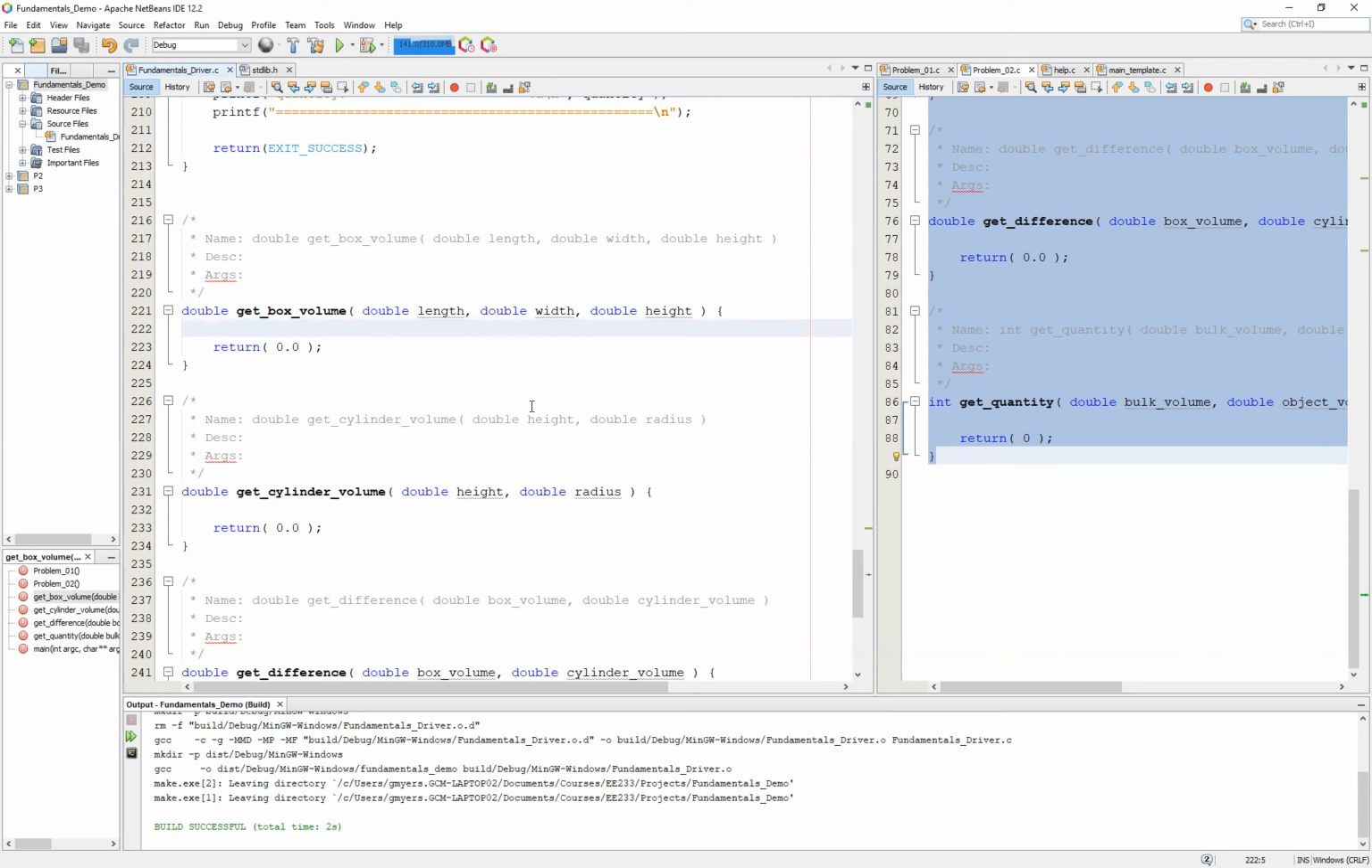First and foremost, I've given you part of the comment block. We want to finish out the comment block, at least for one of these, so you can see the pattern, and I'm going to leave the rest of them for you to do. What we want to do is add a description and a list of arguments to each of these functions. We'll start with our get box volume so you can sort of understand what it's supposed to do,